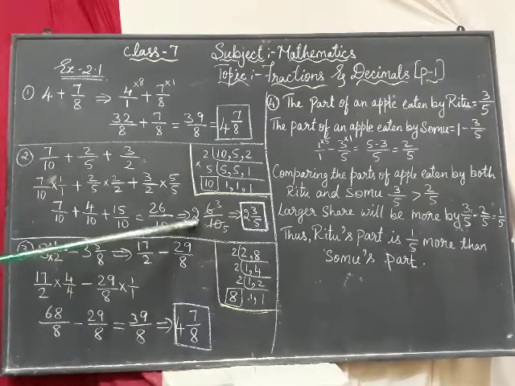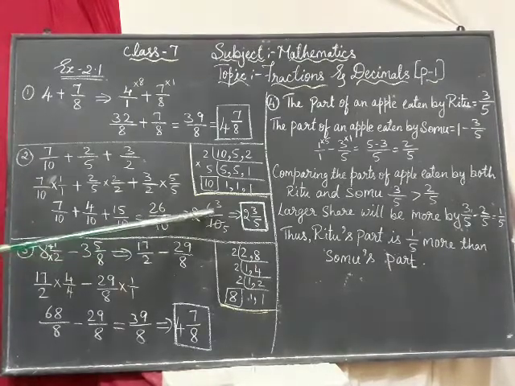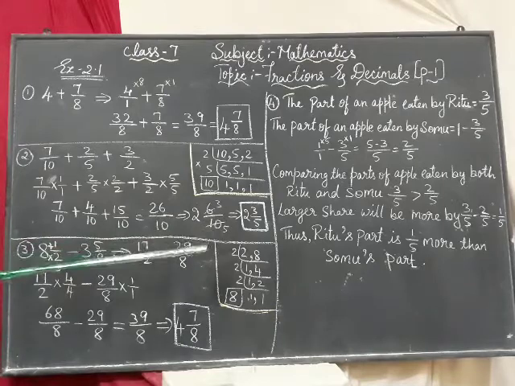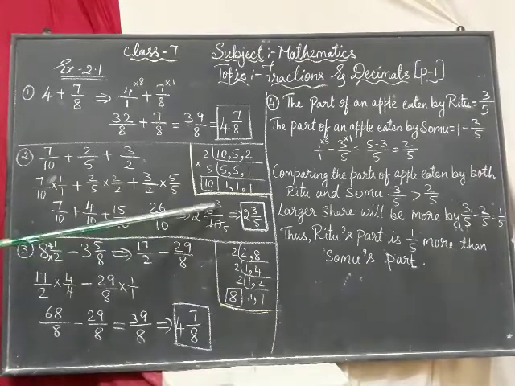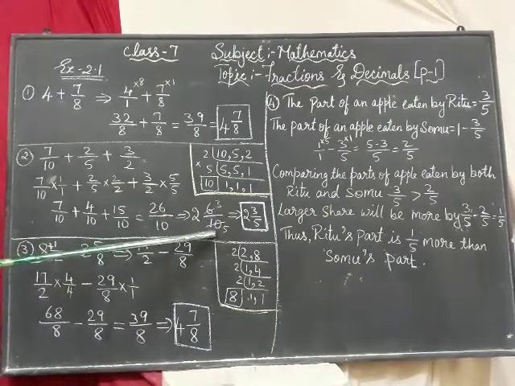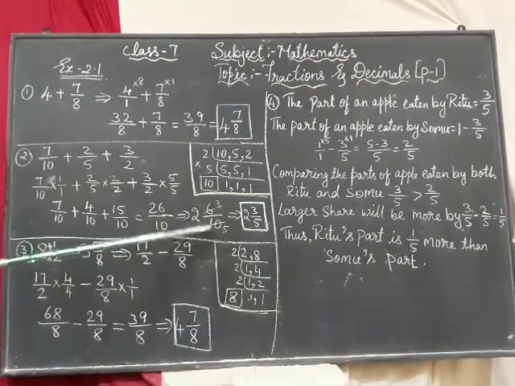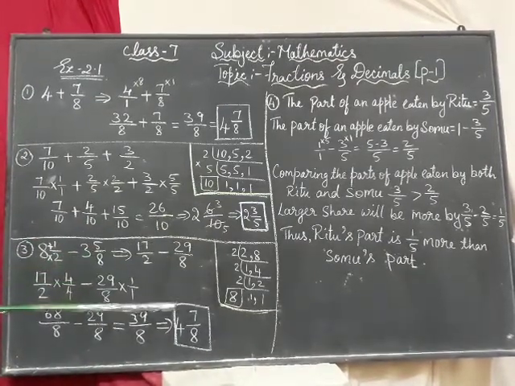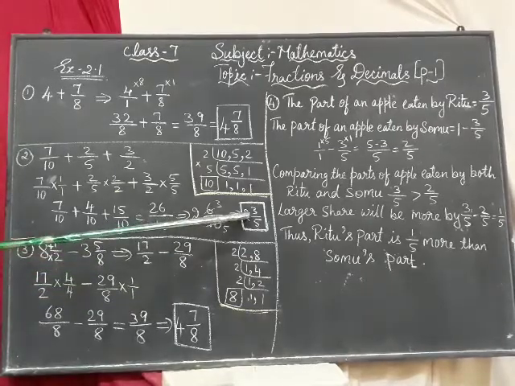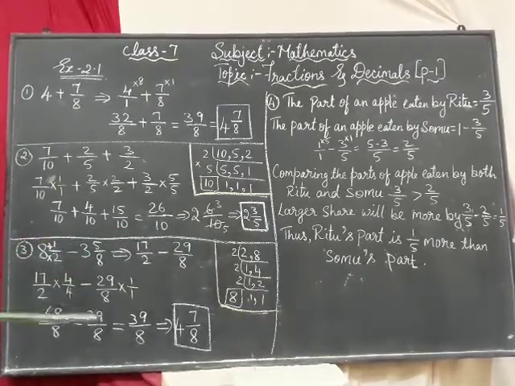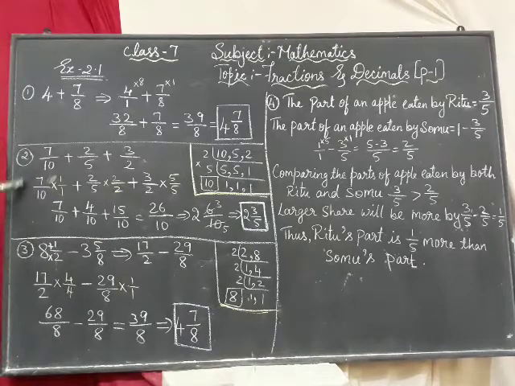10 2s are 20, 6 by 10. And this also we should give in the smaller form, that is 2 3s are 6, 2 5s are 10. Once it is divisible, we will divide. If it is not divisible, then we will keep it as it is. Now here 2 3 by 5 is the answer. Okay, this is the addition.